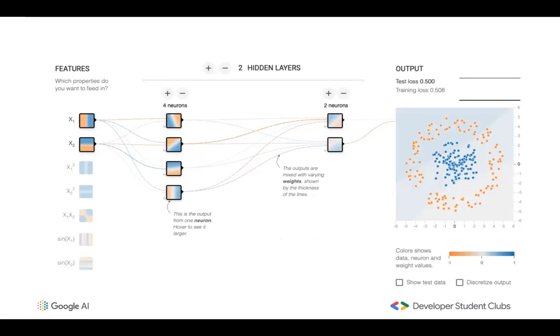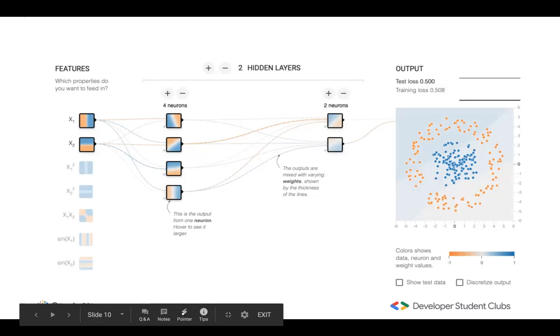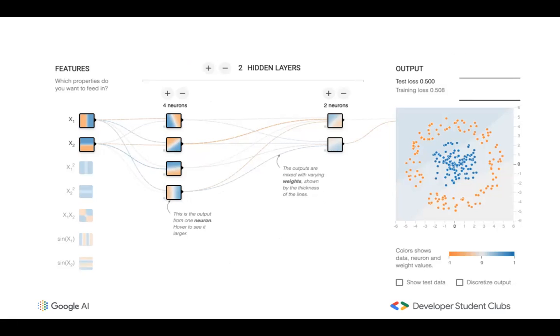So now over here, we're going to look at one of TensorFlow's tools. It's essentially a graphical version of TensorFlow called TensorFlow Playground, where you can actually see the features, the neural networks, and the neurons interacting with each other and the result they give out.